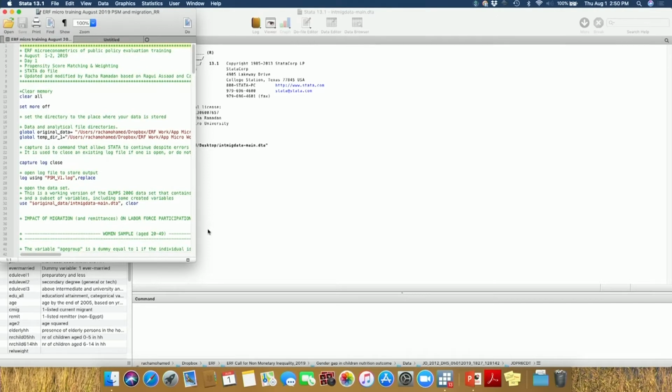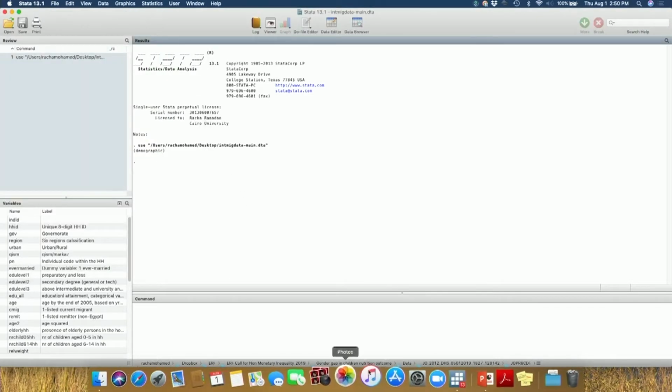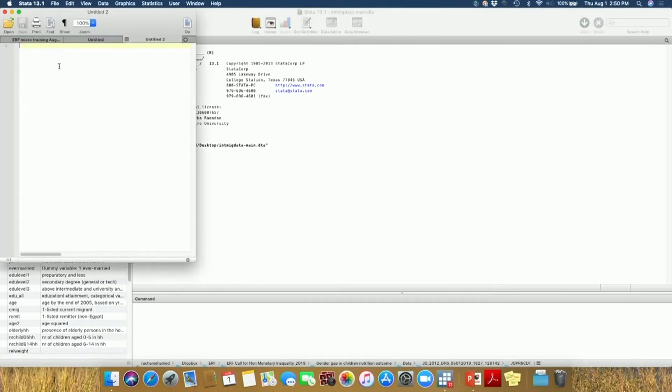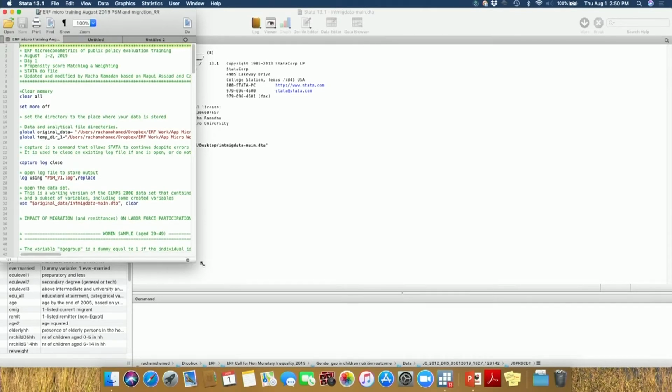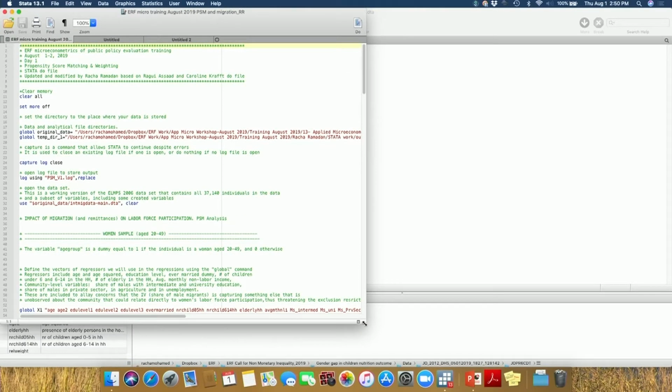And as Shahir said in the morning, it's very important to write everything in the do file. Even if you are working alone, trust me, tomorrow you will forget why you were doing this command. Personally, I write as if I am writing my diary, in whatever language comes to my mind. So sometimes even in